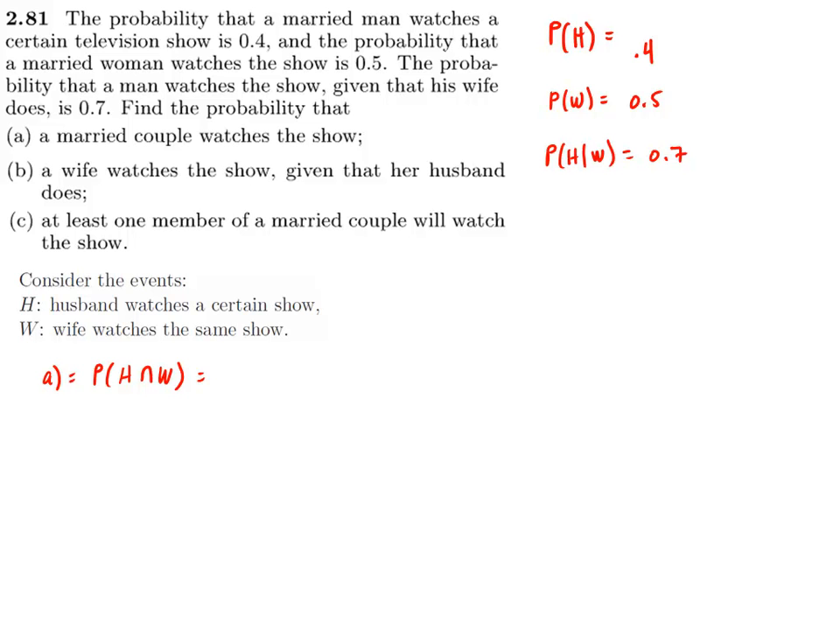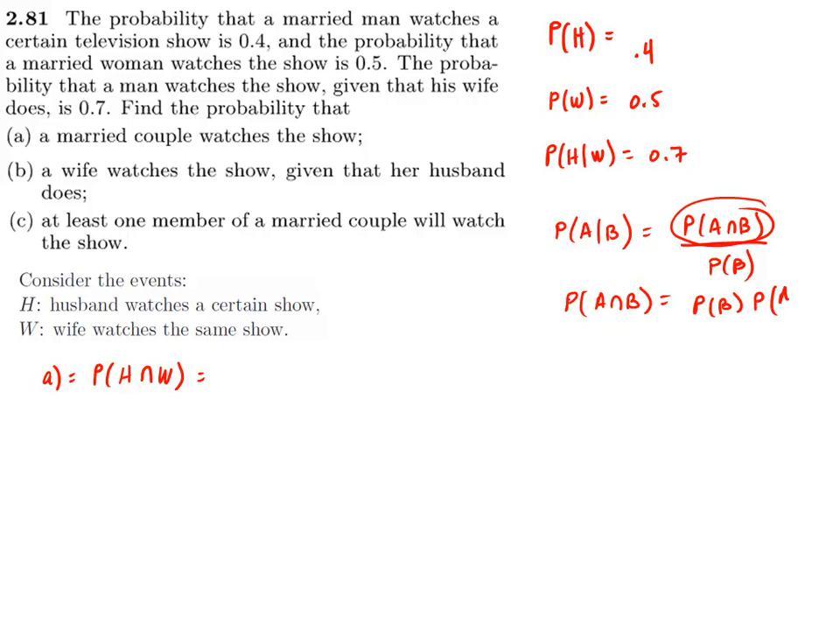So remember, P of A given B equals P of A intersection B over P of B. So we can solve for this, and P of A intersection B will equal P of B times the probability of A given B. So for that problem, this will be